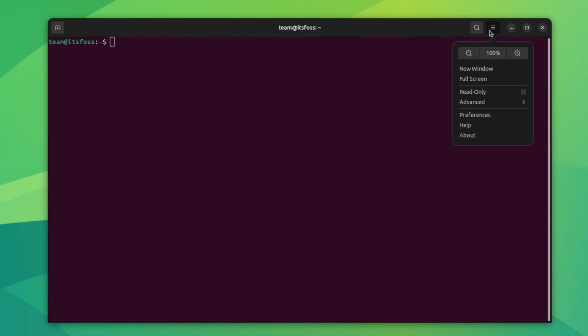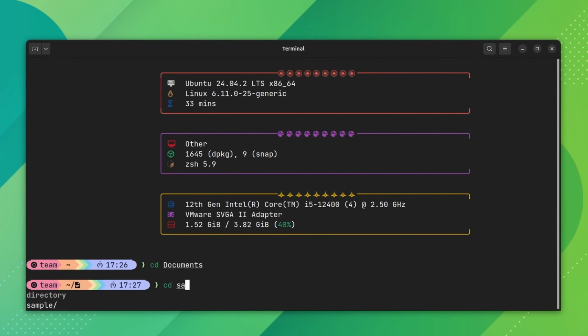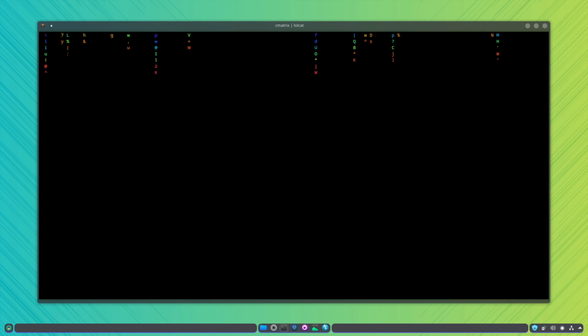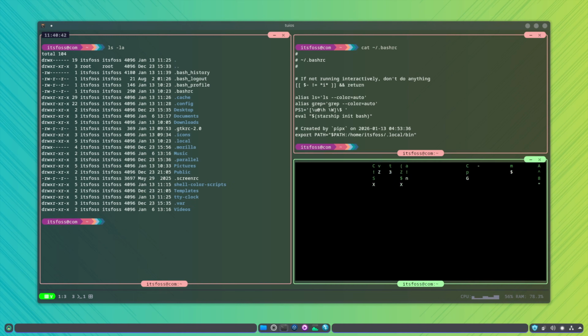If you think the Linux terminal is boring, you are about to change your mind. Last year, I shared a Linux terminal customization video and it crossed hundreds of thousands of views. A lot of you asked, okay, this looks cool, what next? So, in this video, I'll show you 7 terminal tools that don't just customize your terminal, they turn it into